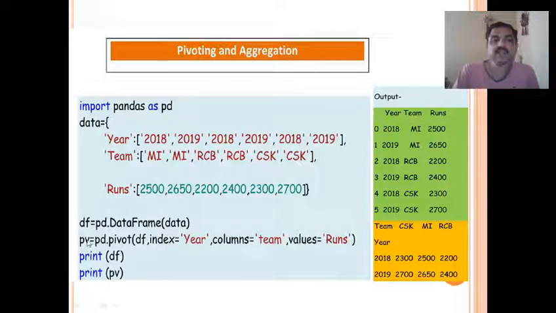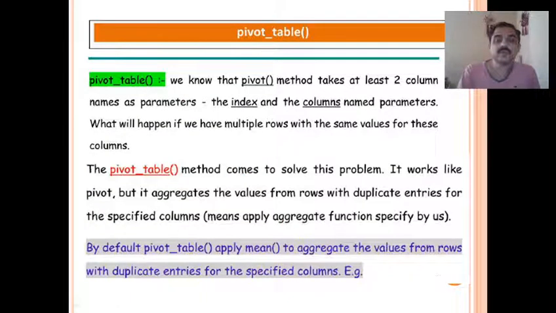A new data frame is created with the name pv, where the index will be year, the columns will be team and the values will be runs. You can see this is our original table and the data is rearranged here: year wise, team wise and run wise. Clear?